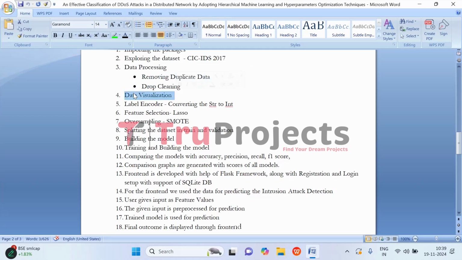Coming to data visualization, this step involves creating visual representations like graphs and charts of the data to identify patterns and correlations, helping in better understanding of the dataset. Coming to label encoder, here categorical data is encoded into numerical values using label encoding to make it suitable for machine learning models. Then we have selected important features using LASSO, that is least absolute shrinkage and selection operator. This technique is used for feature selection to identify and retain the most important features, improving model